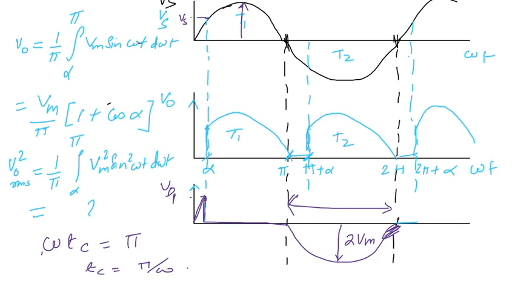Now, if I change the load to RL, you will have a different waveform. There will be some conduction in the negative part also. I have already reminded you of that. So go for it, just check what will happen with the RL load. Now, next is the disadvantages of this circuit. Let us note down the disadvantages of this circuit.